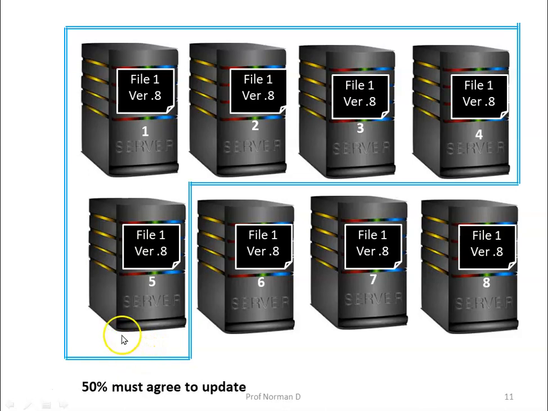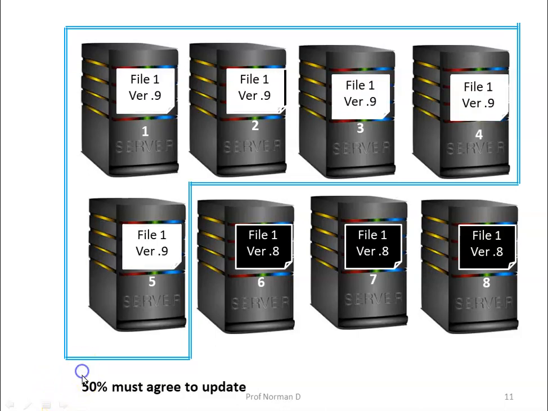Now once all these particular servers have agreed, the file is changed and a new version number is associated with the new file. So now the version number was 8 across all these files. Since an update has been done, or a write operation has been performed, it will be updated to a new version number. So in this case, I assume that the version number will be 9.